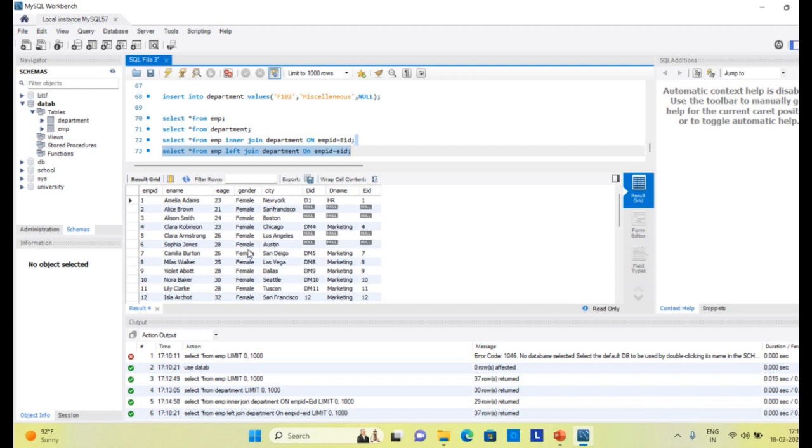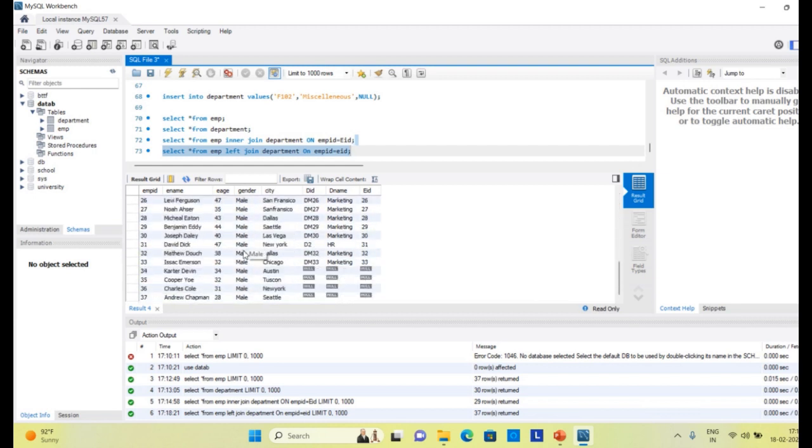You see here that all the records are matching, but when you come to the bottom of the records, near about 37 records are returned. 37 values are returned. As I said previously, I have inserted 37 values in employee. So all the values of the employee table, which is the left table, are returned. Meaning when we say left join on, the table which exists to the left side of left join, all of its values will be displayed, and to the right side of join I have mentioned the table name department.